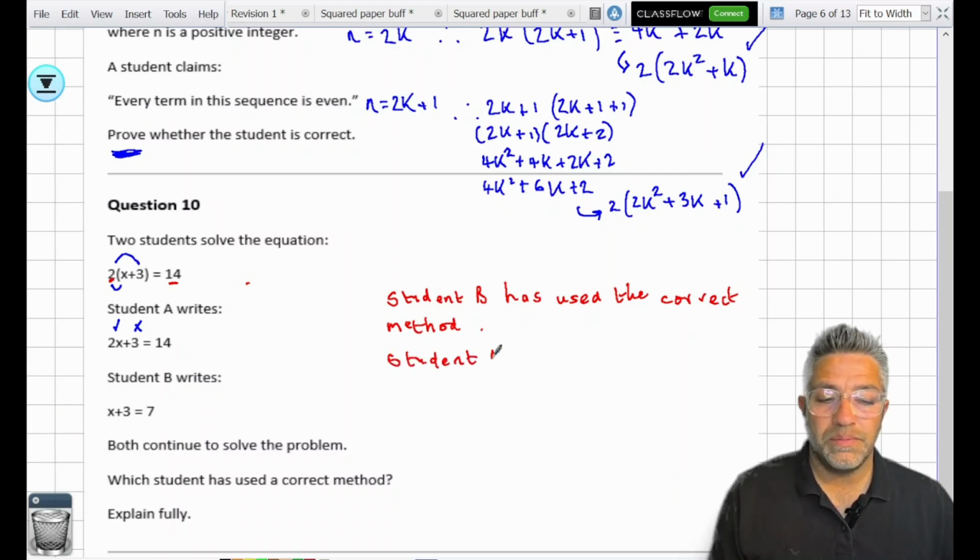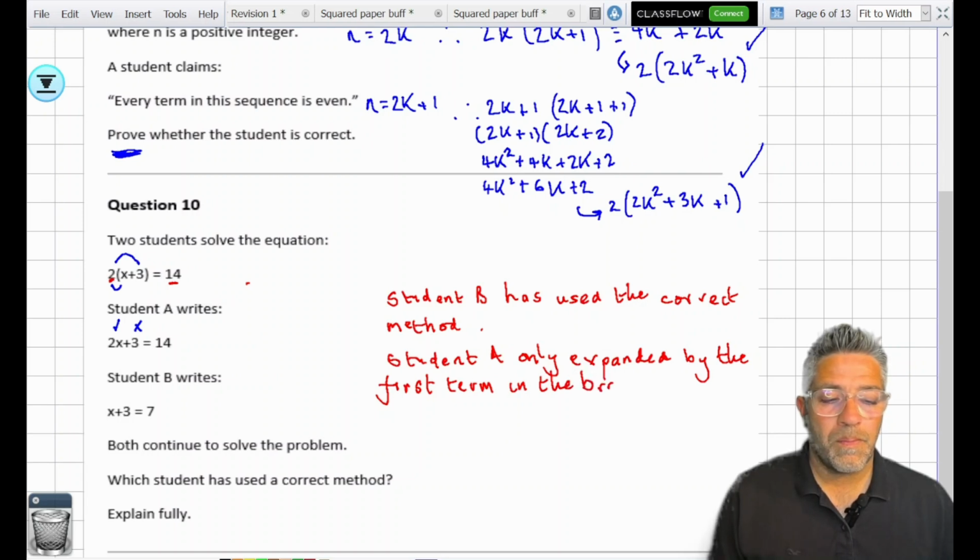Student A only expanded by the first term in the bracket. Like so. Student B divided by the common factor